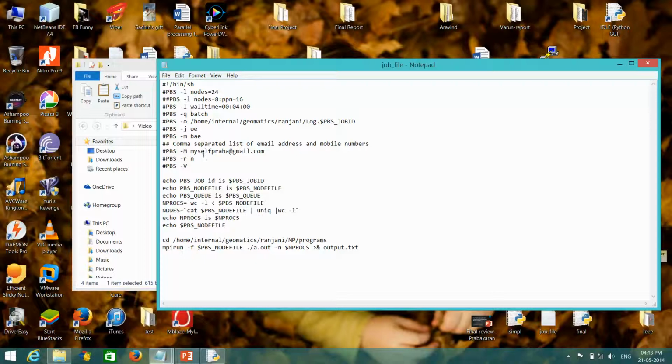If you get the output, the mail is going to your mail, and this is the job ID, the PBS ID, and then the node file. These are the syntaxes for that. CD to the home directory, and then this is the running command: mpirun with the PBS node file, a.out to output.txt. That file is stored in output.txt.